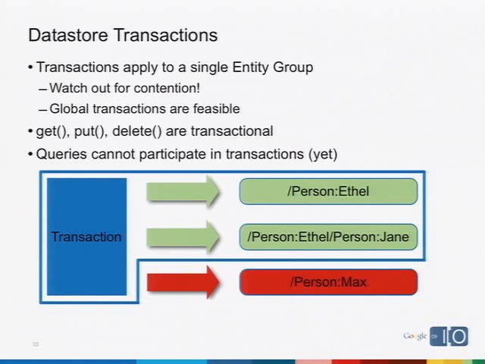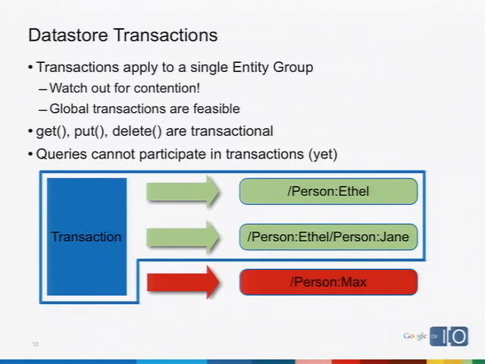I want to talk about transactions a little bit. This is going to play an important role in the discussion of soft schemas and JDO JPA persistence mapping that's coming along. So I want to make sure everybody has a good understanding of what data store transactions are and how they work. I described the entity group before as a partition key, and one of the reasons this is important is that you can only transact on entities that belong to the same entity group.